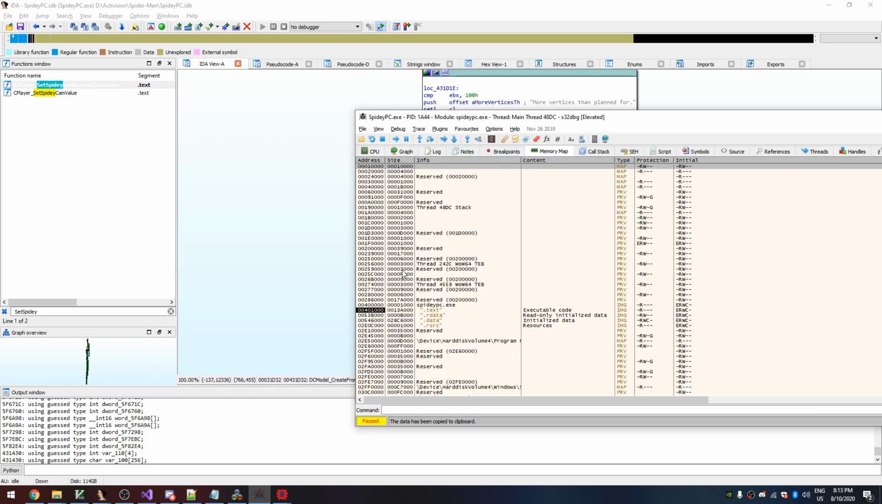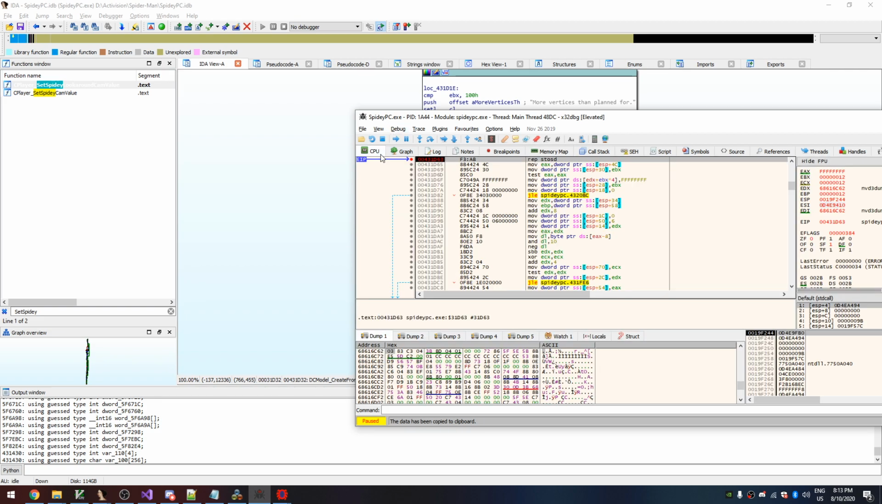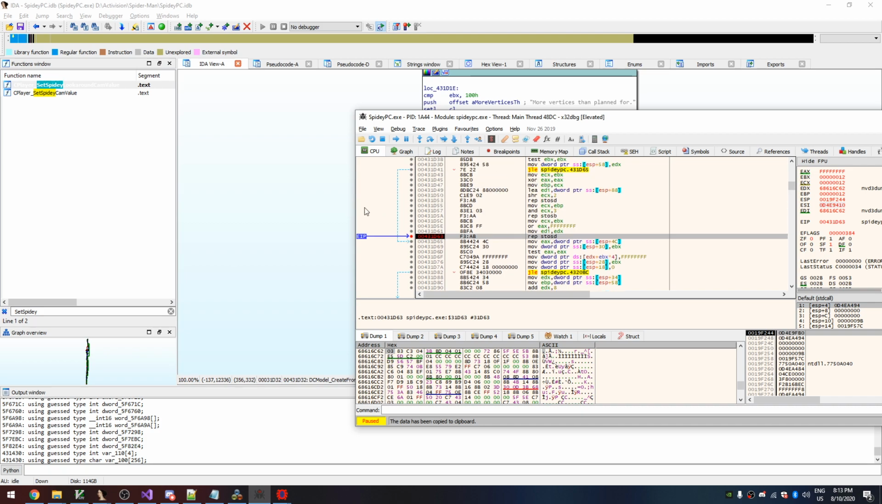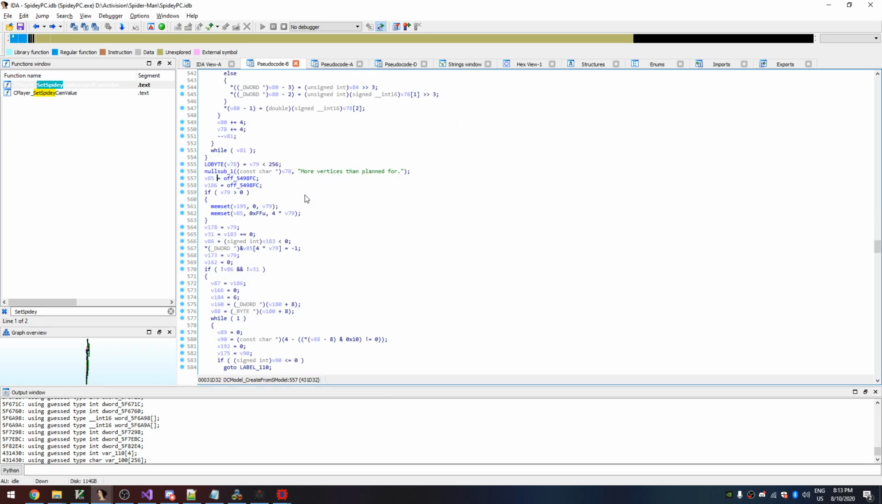4E9? 4. No, it's text, of course. It's only readable, as you can see right there. Why is it wrong? So